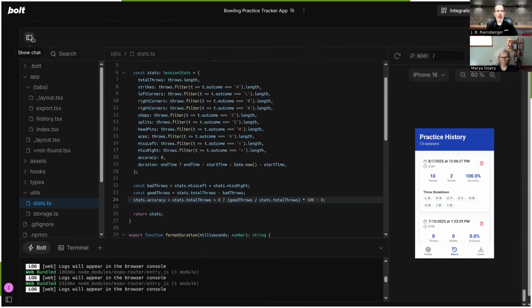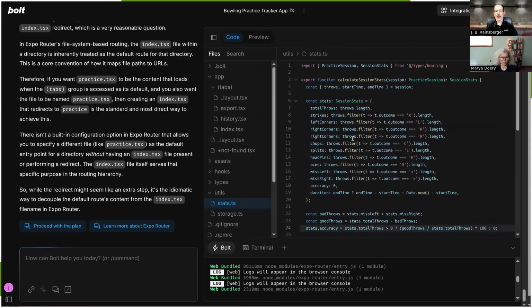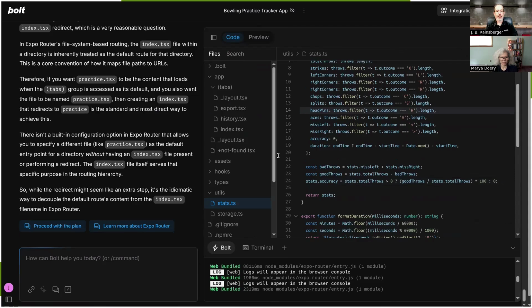Let's ask Bolt to do what we did. So now I'm not going to even give it any context. I'm just going to ask it to do things. So this is perhaps not something that a non-programmer would feel comfortable doing. Let's see.